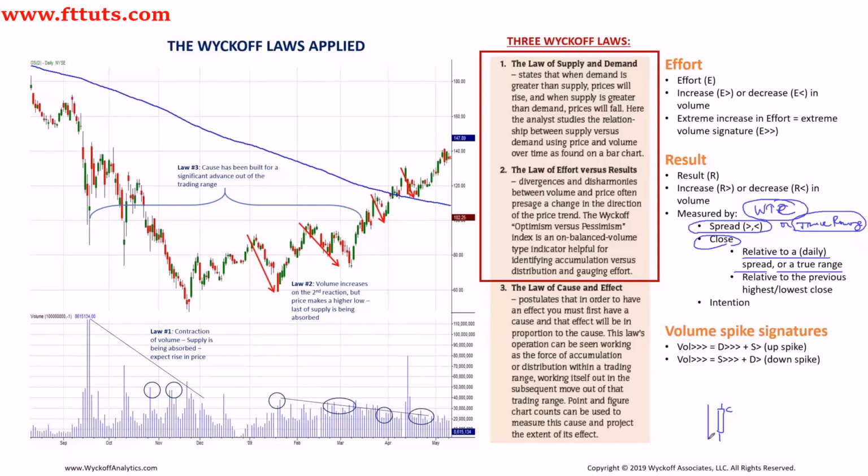the actual height of the spread, right? So if we're closing in the upper part above 1/2 of the spread, we're going to interpret this as bullish. If we're closing below 1/2, we are going to interpret it as bearish close. And then we're also going to look at the closes from the perspective of the previous close. So we're going to look at the previous close, and then we're going to make a judgment as to the next close,